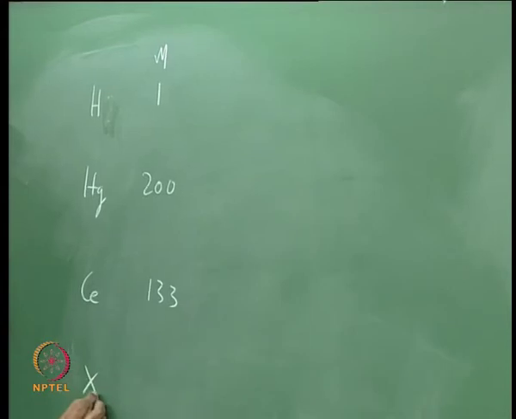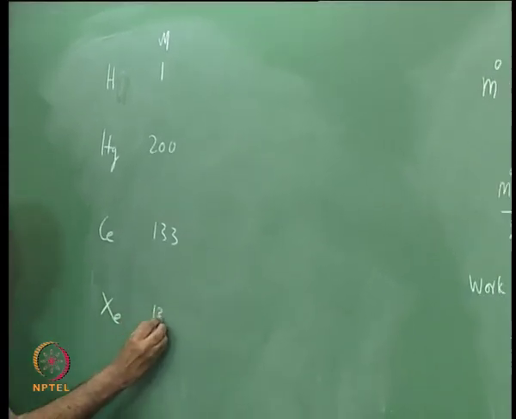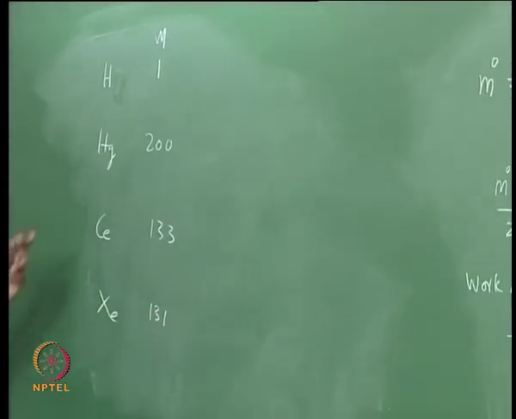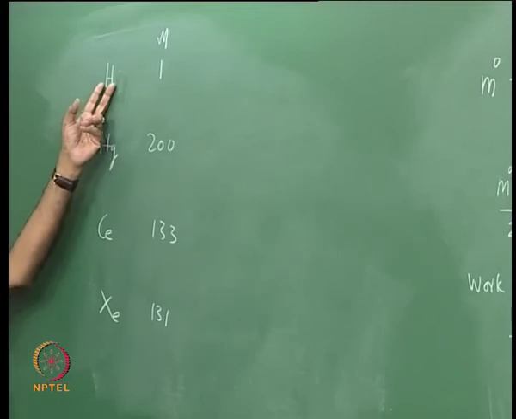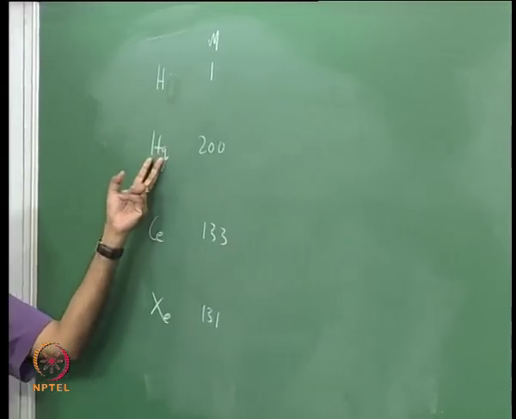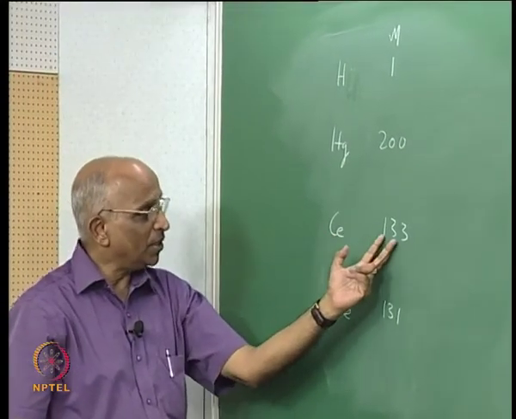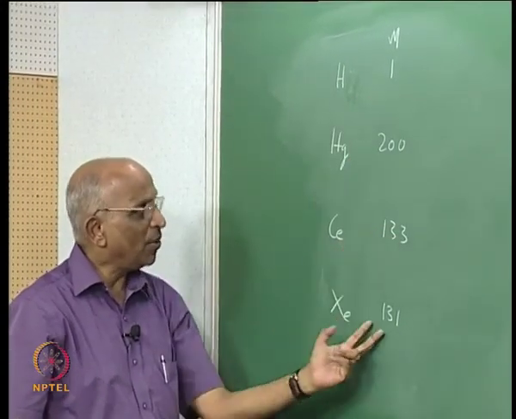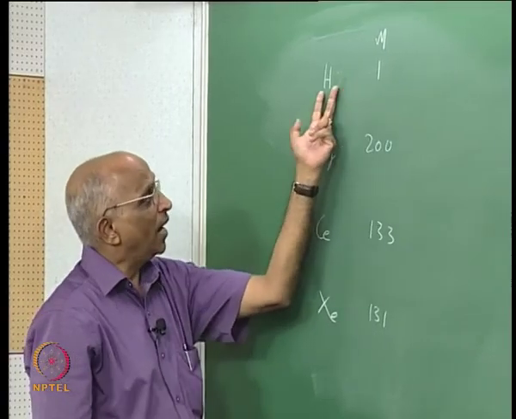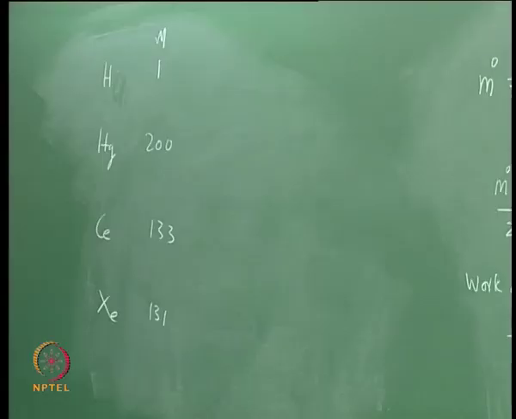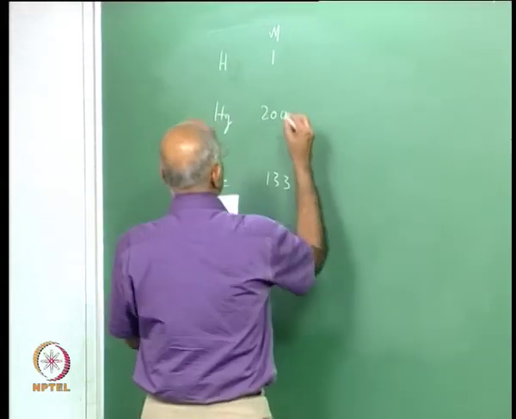I take an inert gas like xenon, equal to 131. All I am saying is, with reference to hydrogen as 1, the mercury atom is 200 times heavier, cesium atom is 133 times heavier, and xenon similarly, and if the mass of the hydrogen atom is equal to